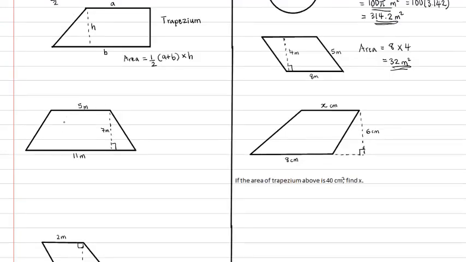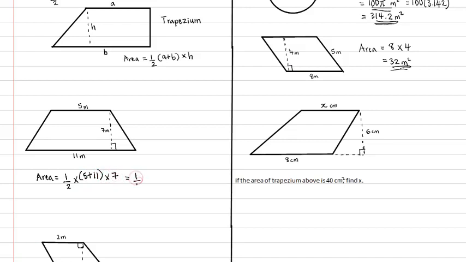Now this one is a trapezium. So this is a trapezium, just like this one. So we have the height here, this h height, which is this. So we have this up part, the distance a, as this, and our b part, the long distance here, as this. So the area of trapezium here will be half times a plus b, that is 5 plus 11, times height, that is 7,